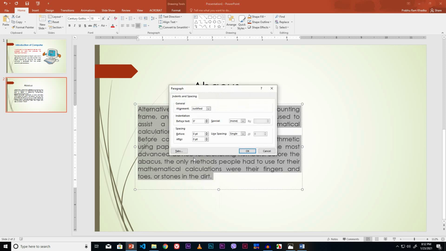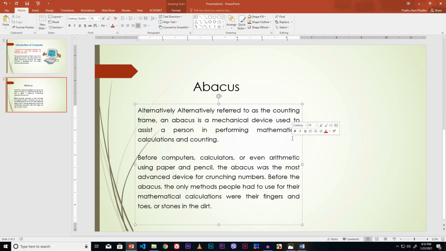Set the value before and after of paragraph spacing. I set 12 point before and 12 point after. Line spacing I set multiple with its value 1.3. Click the OK button.